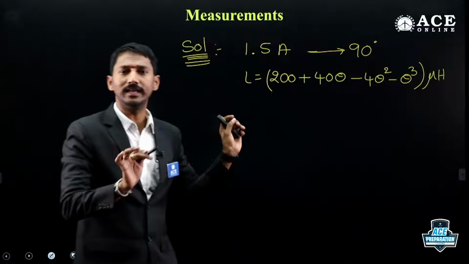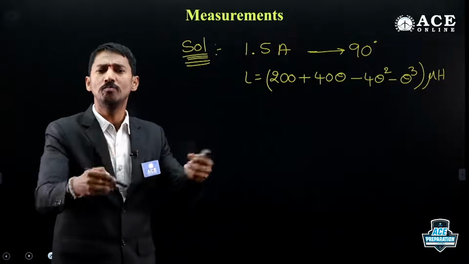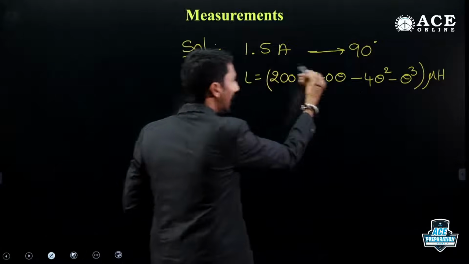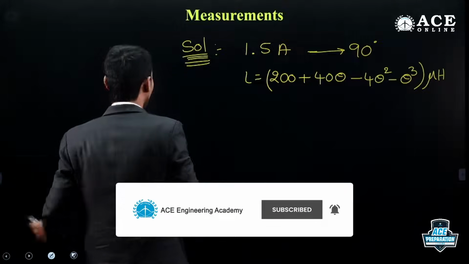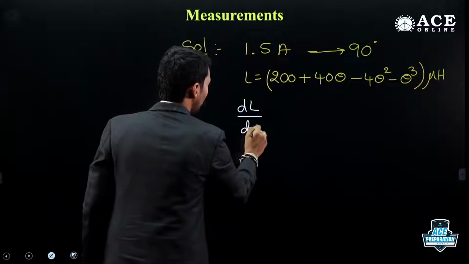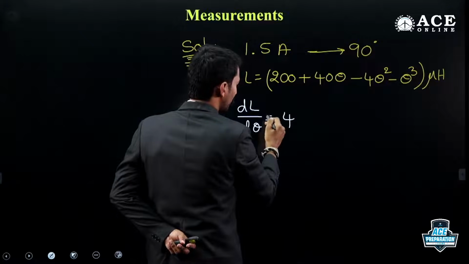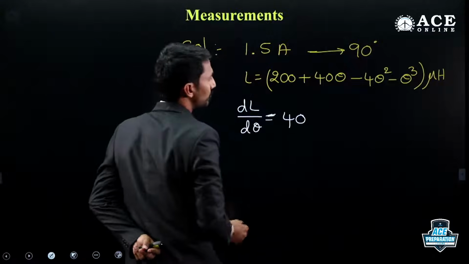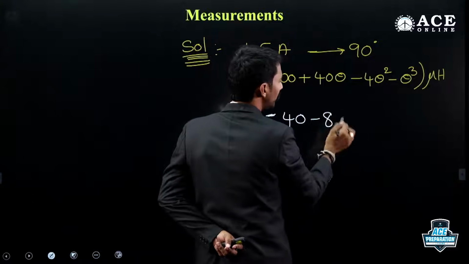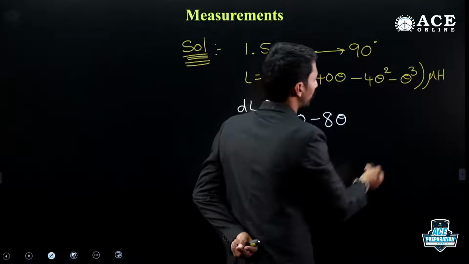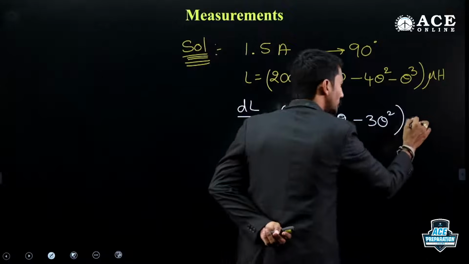You need to follow one step. If L is given, find out dL by d theta and keep it with you. Then that will be better. It means differentiate this and keep the value with you. It will be useful in the coming steps. So dL by d theta: the constant 200 gives 0, 40 theta gives 40, and minus 4 theta square gives 2 theta, therefore 8 theta, and here minus 3 theta square. Of course, don't forget the unit microhenry